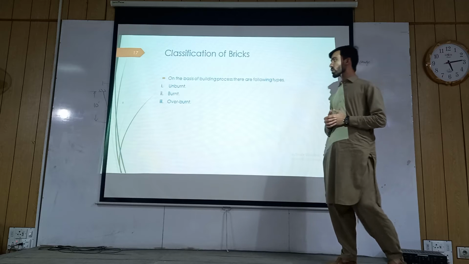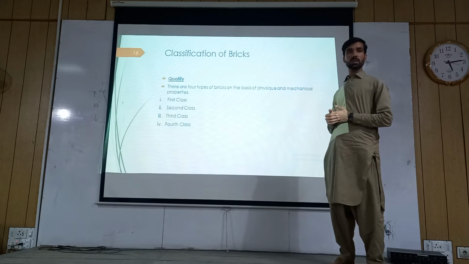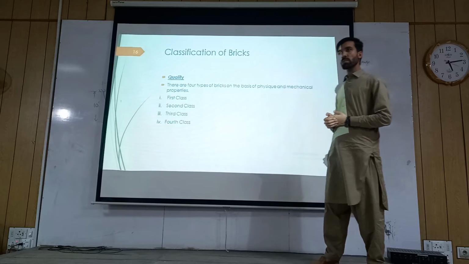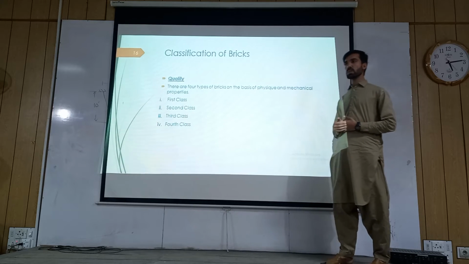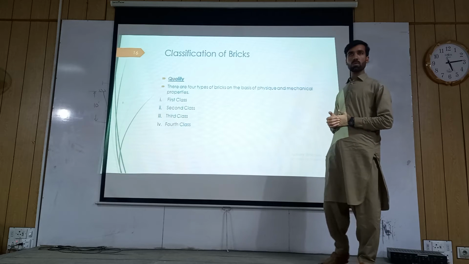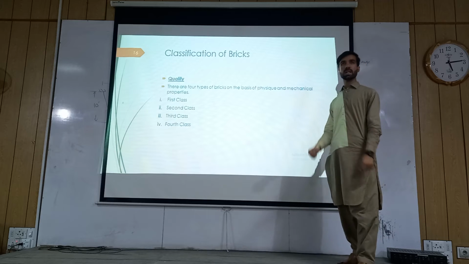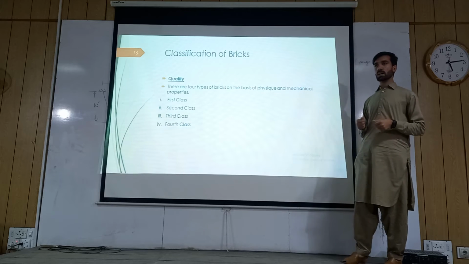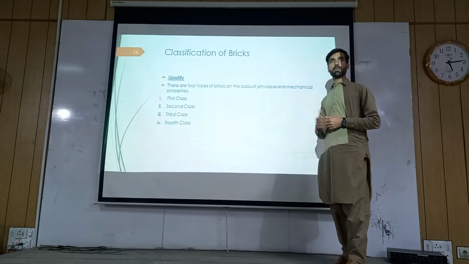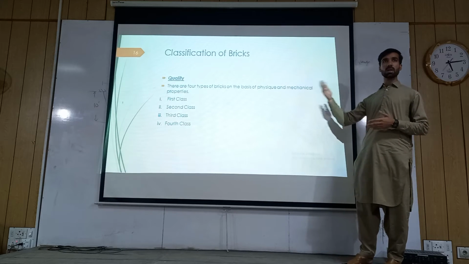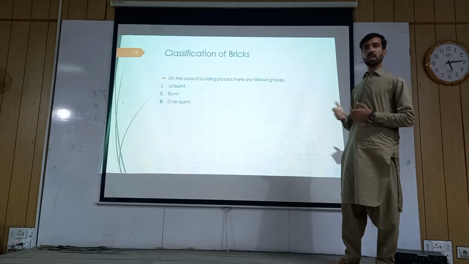In first class brick, they have regular shape, they have high strength, about 280 kg per centimeter square. It has low water absorption capacity. It produces a sound when it is hit with one another or with a hammer. Its duration is also long, about 100 years. Then the second class bricks, these types of